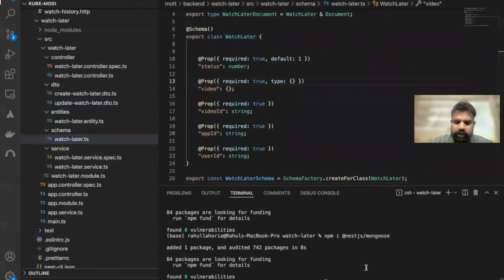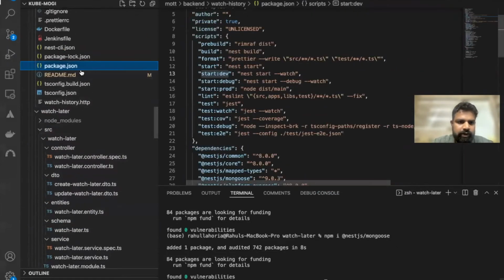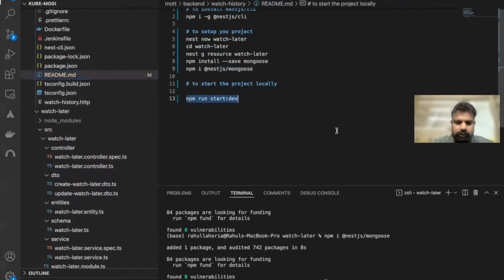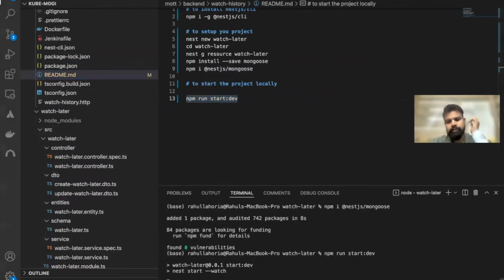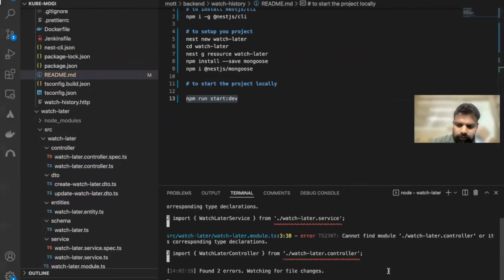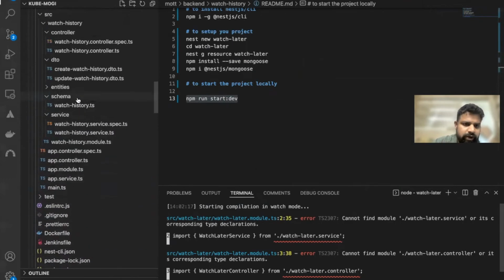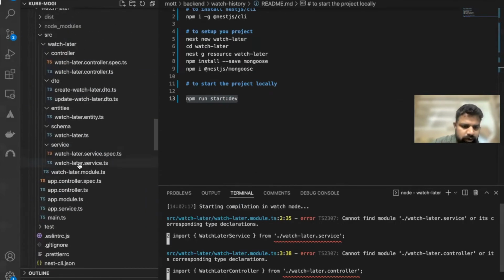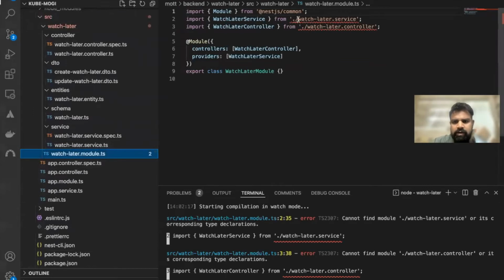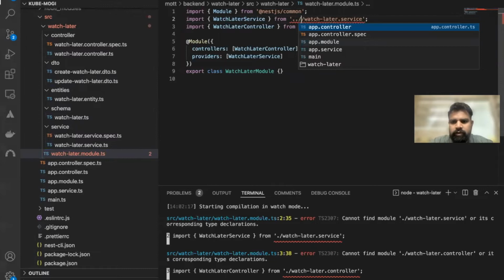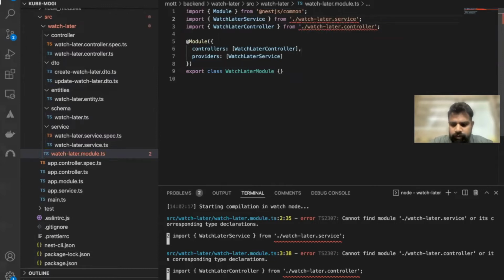To test it out, we can run it from our favorite cheat sheet readme file. Let us run the project. Now it's giving us some errors. Let us fix these errors. It is saying cannot find this dot later inside the modules file. Okay, so we need to go to the modules. It is failing to load this service. For loading this service, we need to go to services,